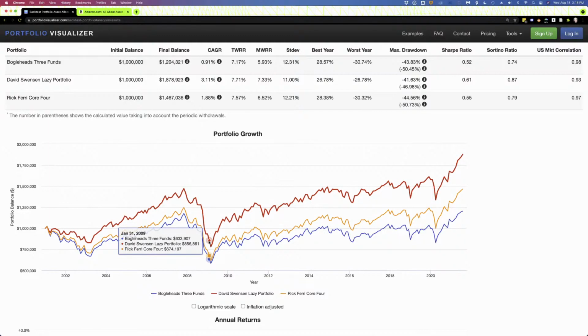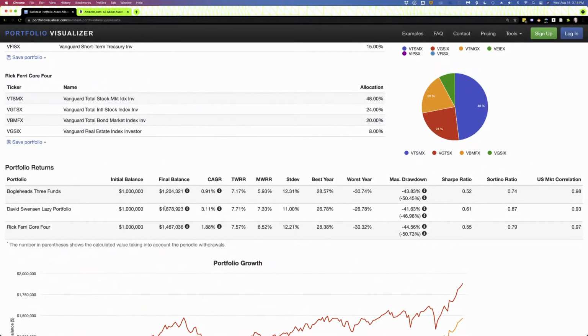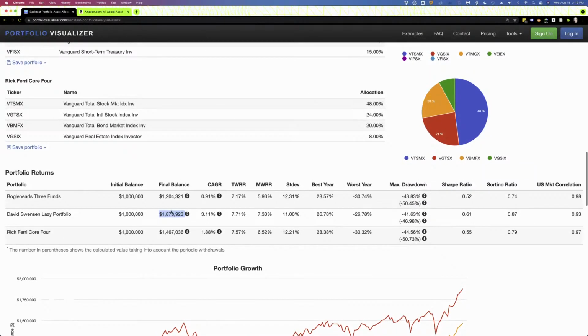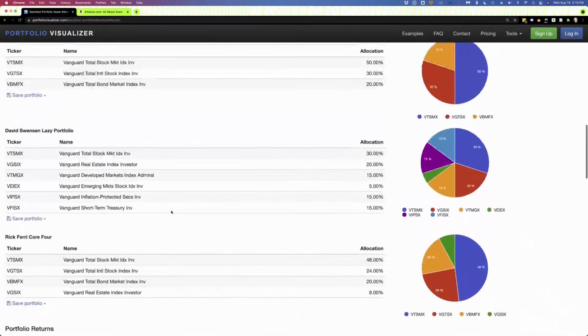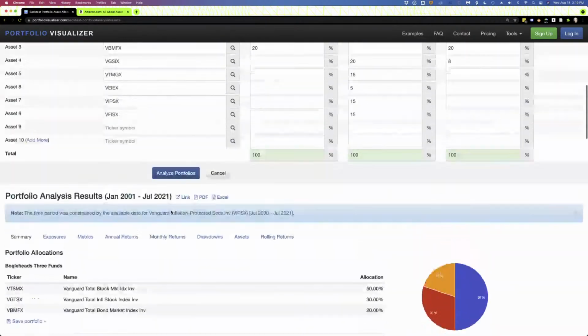So my point I'm trying to make is this data really represents the start of the work that you have to do, not the end, right? So that's just something to keep in mind. When I see this, I don't just conclude that whichever one is higher is the better portfolio. Although, that's pretty significant and that raises some interesting questions. So that is how I use Portfolio Visualizer